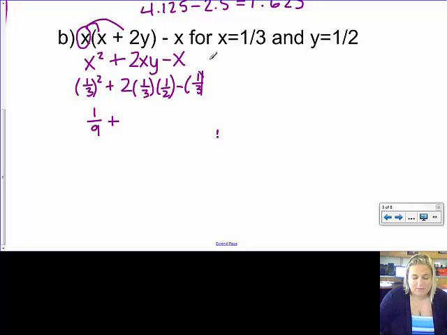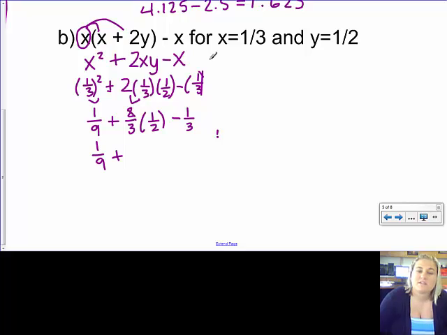Plus, because of this addition and subtraction, those are separate terms, so I can go ahead and simplify within each term. So 2 times 1/3 is 2/3, excuse me, times 1/2, minus 1/3. Okay, so that took care of this part. 1/9 still doesn't change. Plus, when I'm multiplying these two, this is going to cancel because this is in the numerator, this is in the denominator. I can cancel over that multiplication. So I have